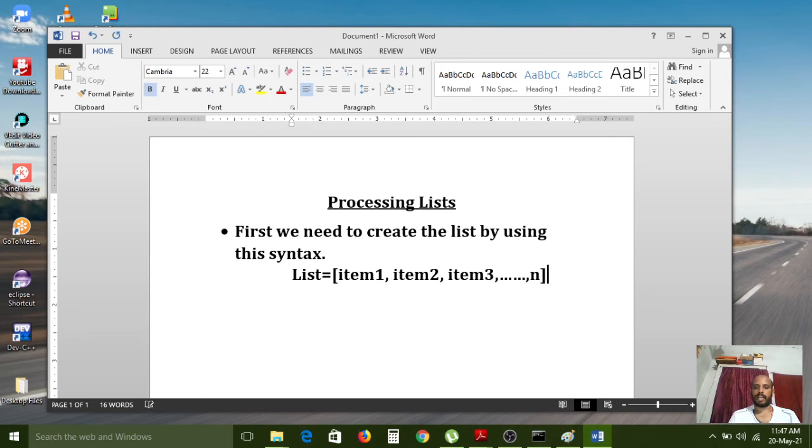We can add N elements as per our requirement. Understand?